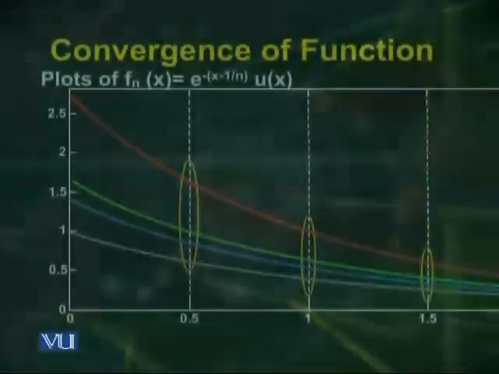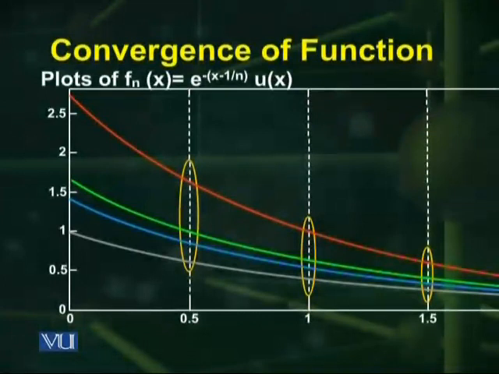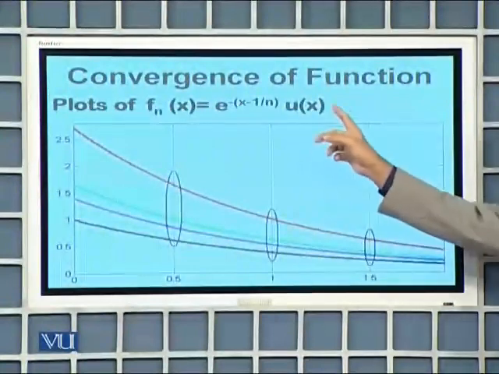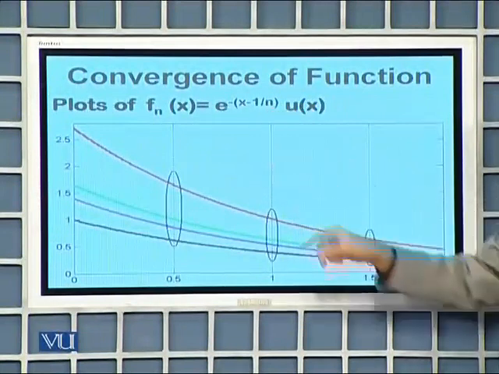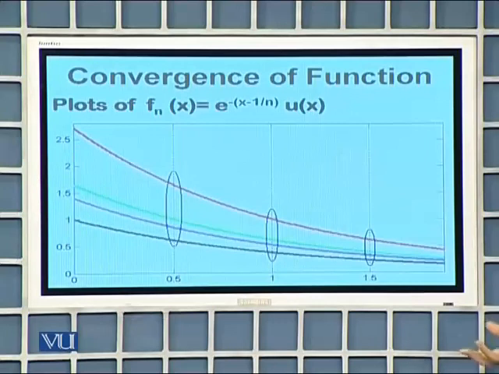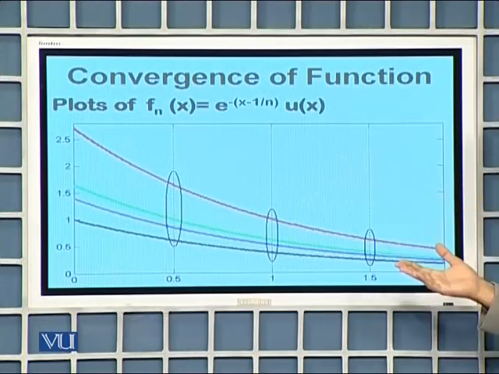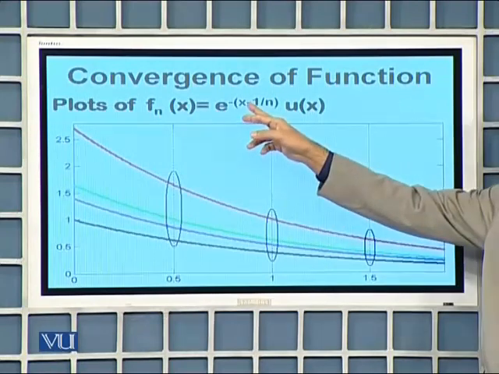The top line shown in red color is for the first function. The green or yellowish green second line is for the second function. The blue line is for the third function, and the black line is the destination function f naught of x, which is e raised to power minus x. Why is it so? Because if you look at this equation, as n increases, this quantity 1 over n becomes smaller and eventually becomes insignificant. So the final destination function for all the points in this domain will be e raised to power minus